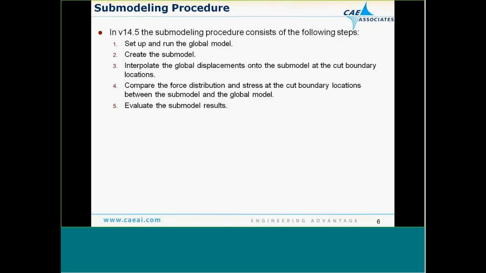We're going to then drag and drop and interpolate the global displacement fields onto the cut boundaries of our submodel. We're then going to evaluate the submodel boundary locations, and that's something you have to be fairly sensitive to when you're doing submodeling. You want to make sure that you are, as we mentioned earlier on in the presentation, far enough away from the region of interest such that that cut boundary interpolation of those displacements isn't affecting the localized